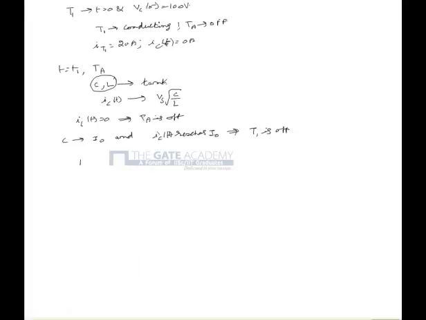So the maximum absolute value of the current through the capacitor can be written as max of Vs into root C by L comma I0. Here we know that Vs is 100 volts and C is 1 microfarad and L is 1 microhenry and I0 is 20 ampere. So this can be written as 100 amperes. So the maximum value of the current through the capacitor is 100 amperes. So the correct option is